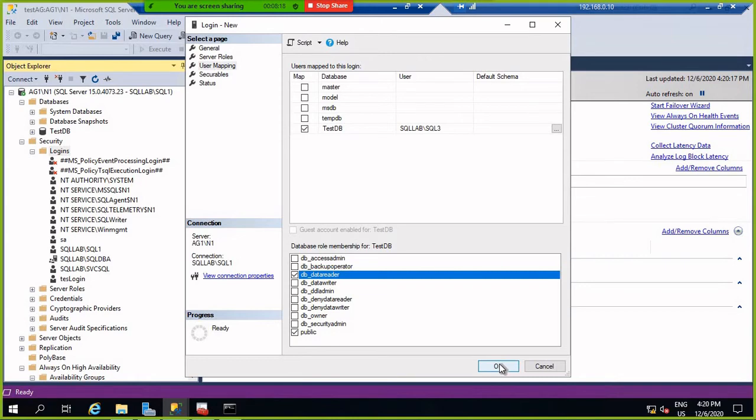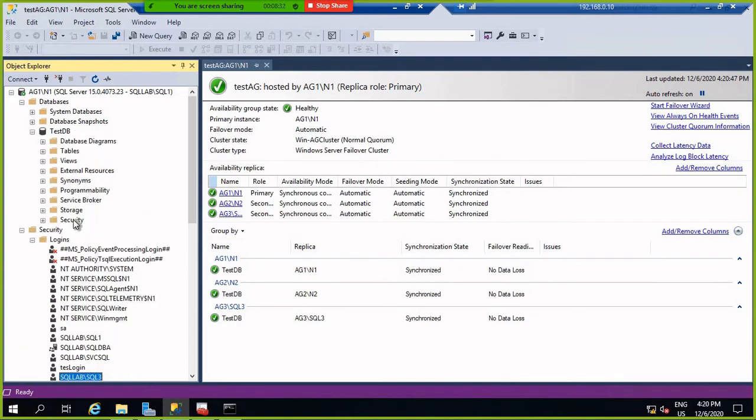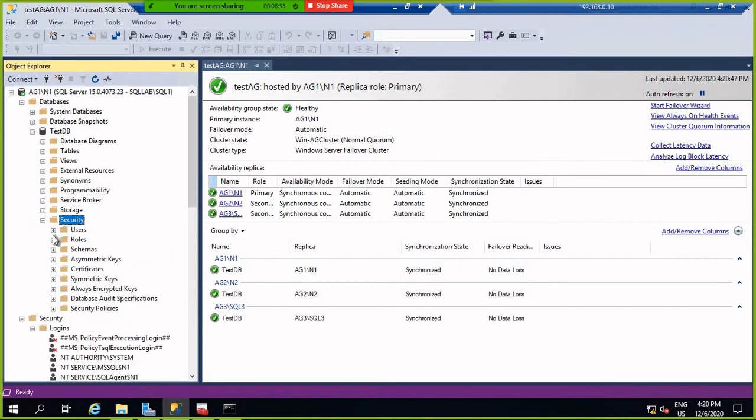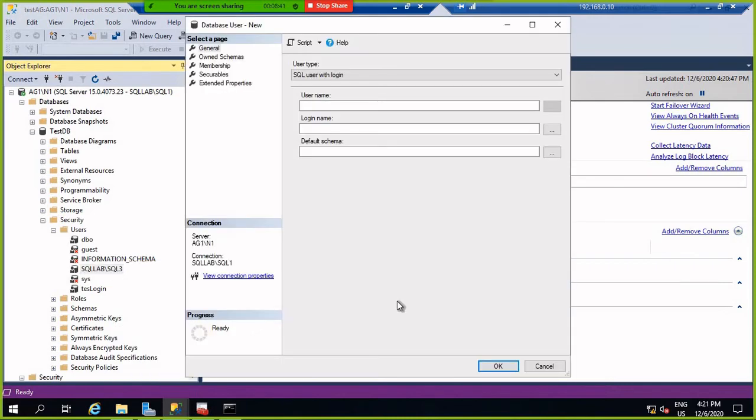Okay, just click OK. Now you can see that SQL3 is part of that login, and if you go to the database level, here it is. To verify, you can go through the membership level.